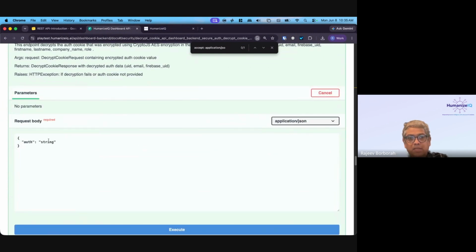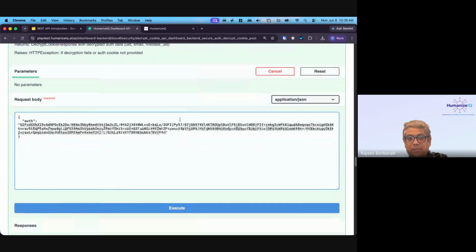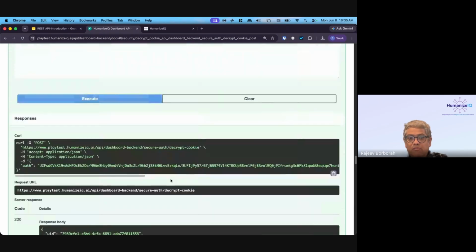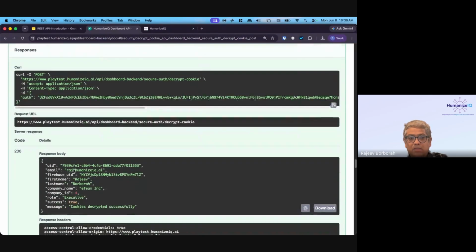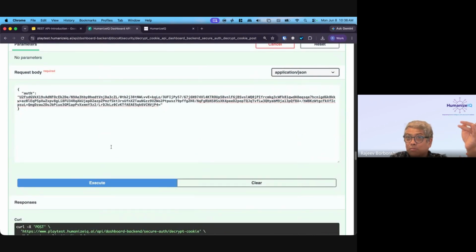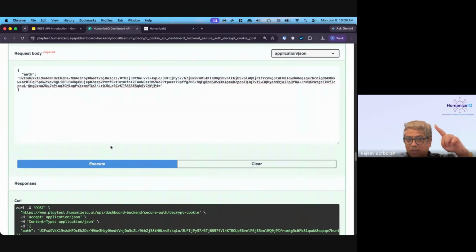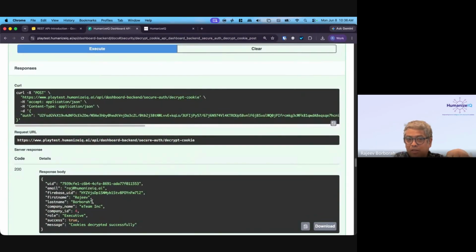I need to paste that string in here. So I pasted this, and now this API will not work. It will give me an error. It says, oh, it actually worked. Why? Can somebody tell me why it worked? I gave this answer when I was doing the presentation. Can somebody tell me why it worked? It should not have worked basically when I did this, but it worked. Why did it work? Why did it give the results?